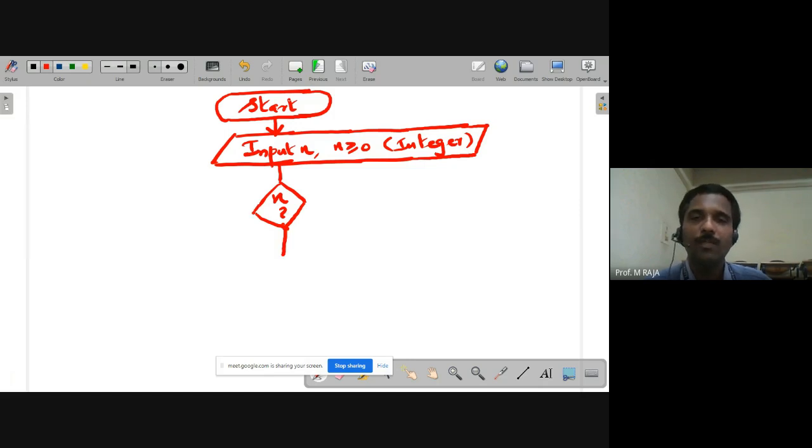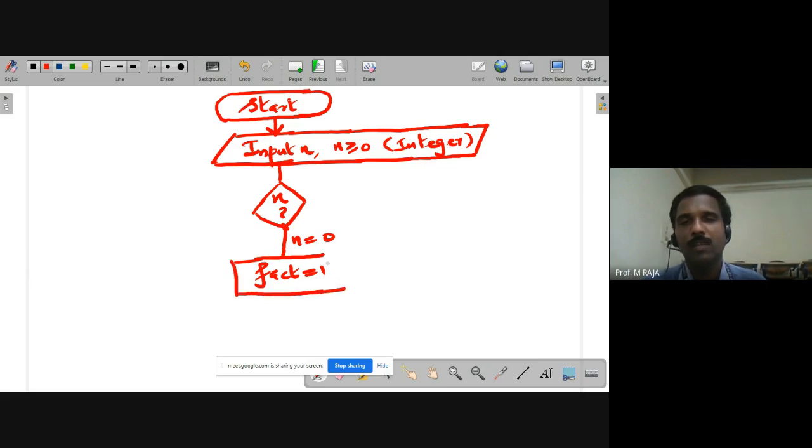In case n is equal to 0, we can write explicitly: if n is equal to 0, factorial, or simply fact, is equal to 1. Draw this in a rectangular box. Fact is equal to 1, since 0 factorial is 1. Else,